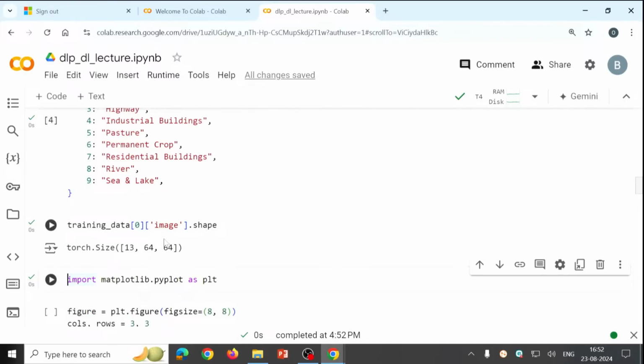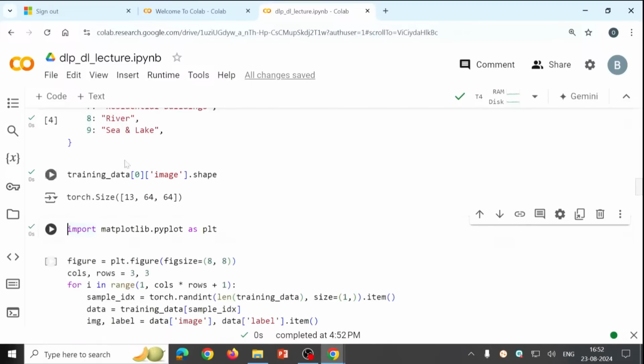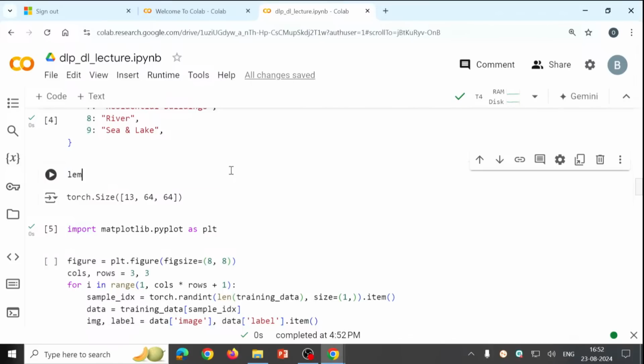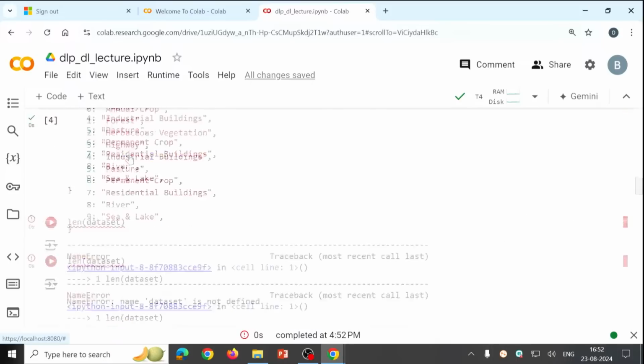Now you can see that all these training data are represented as an image of 64 by 64 by 13. So 13 bands are available, right? Now let's visualize these images, some random images we will take. Our dataset contains, if I say len of training data,